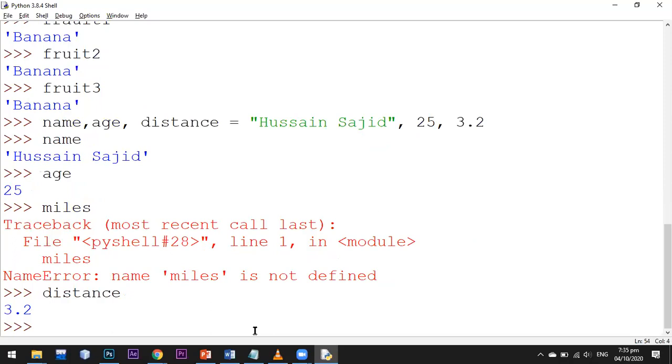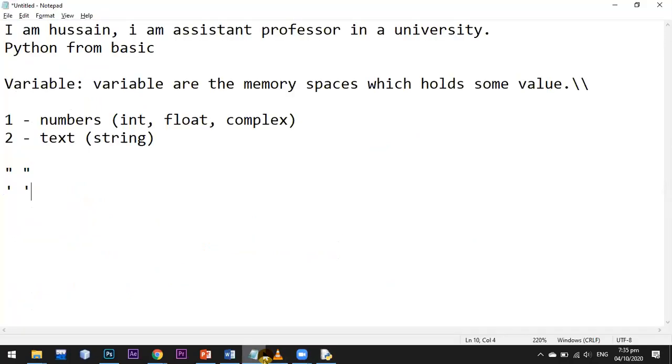So let's learn about arithmetic operators. What are arithmetic operators? Plus, minus, multiply, divide, and remainder. So these are the five arithmetic operators that we use. Why do we use plus? When we want to add two numbers. Minus, when we want to subtract two numbers.